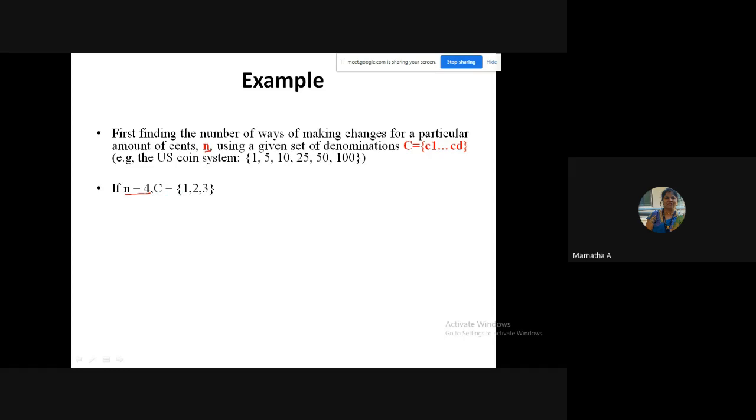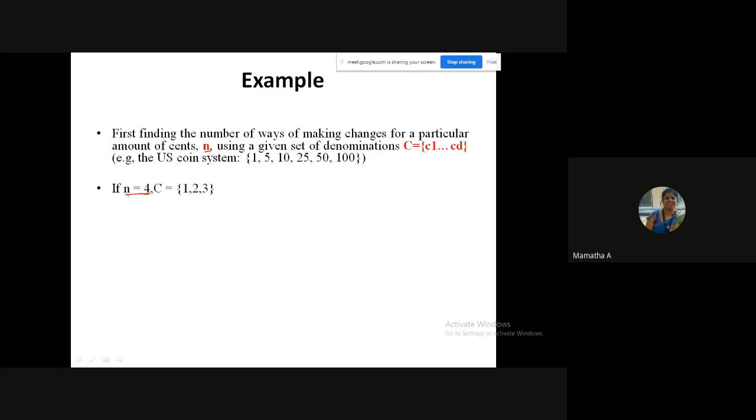The available denominations, I have several coins of denominations 1, 2, 3. And I'll ask you to give change for 4 rupees.